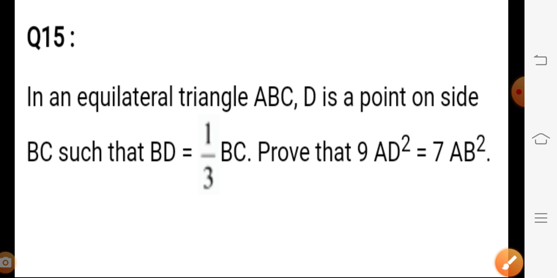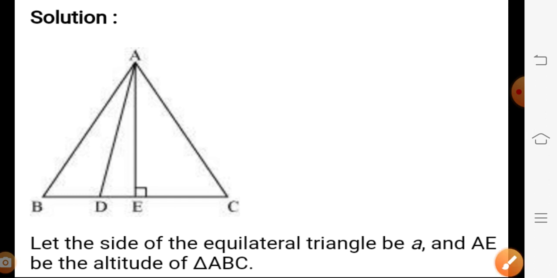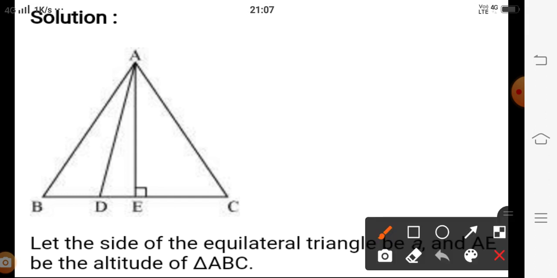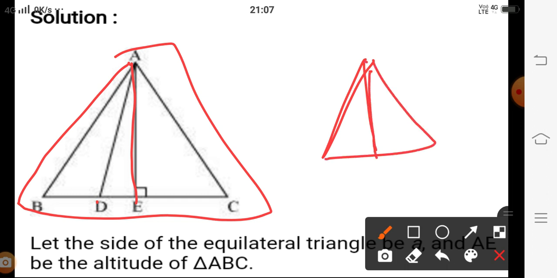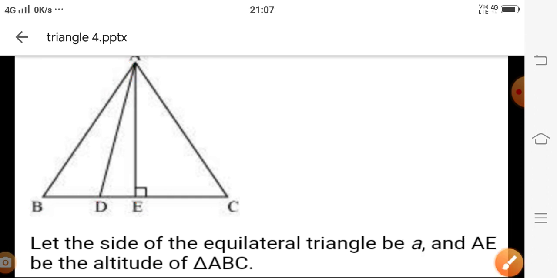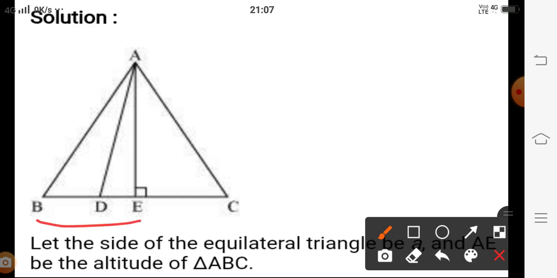Many times this question was asked in the board examination, and it is a 4 marks question. Then let us solve this question. Here I am considering a triangle ABC, an equilateral triangle, and I am taking a point D such that BD is equal to 1/3 of BC. And if you draw an altitude in any equilateral triangle, then this we have already discussed, that it is a perpendicular bisector. It means that in this given figure, if you observe, we are getting BE is equal to CE,